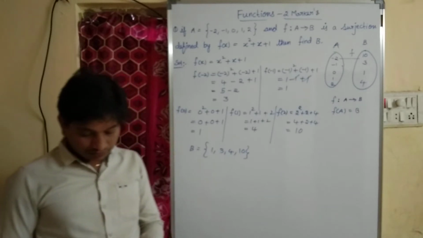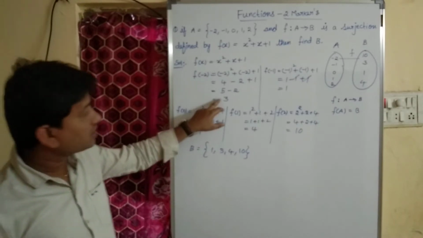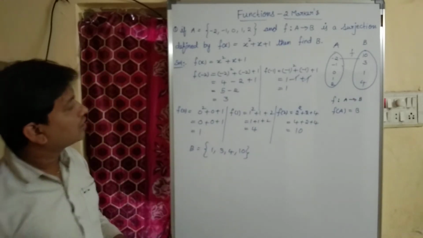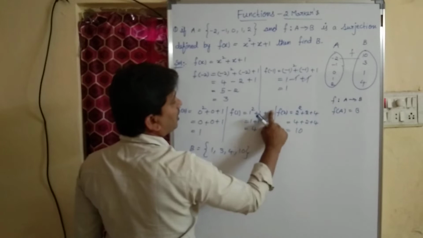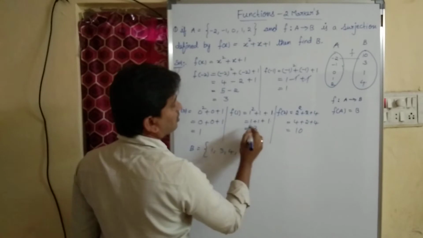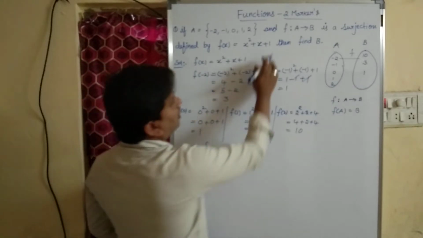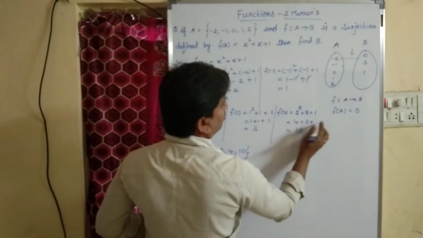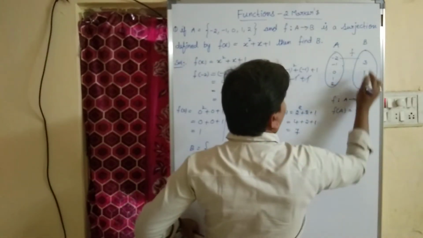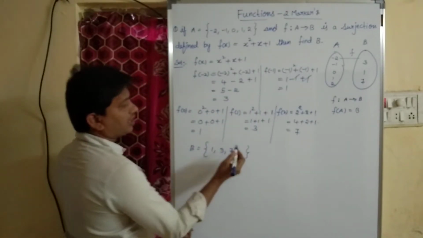Children, here plus 1, right? We have written here 2. So sorry, this is plus 1. So which is equal to 3, children? There is no 4 at all. Right? 2 square plus 2. As it is 1, children. 4 plus 2, 6. 6 plus 1, how much? 7. So the values are what? 1, 3, 7 only. The values are 1, 3, 7.